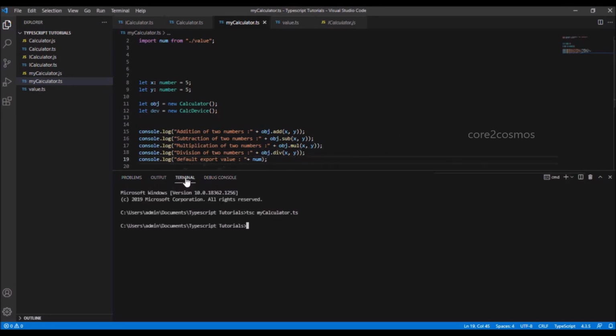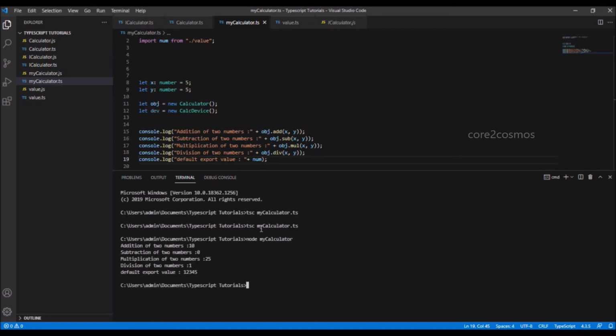I go to the terminal window and compile the mycalculator.ts file by saying tsc space mycalculator.ts and say node space mycalculator. I can see the value that I exported from the value.ts file.